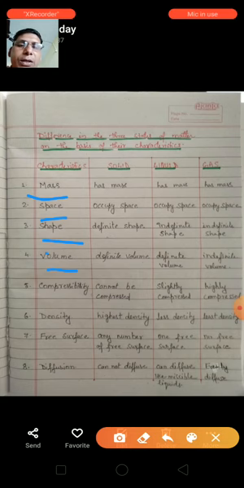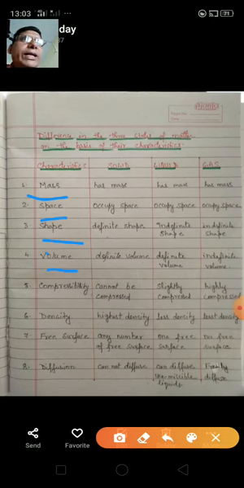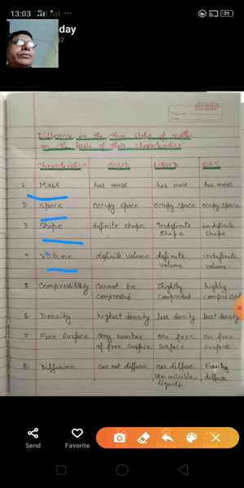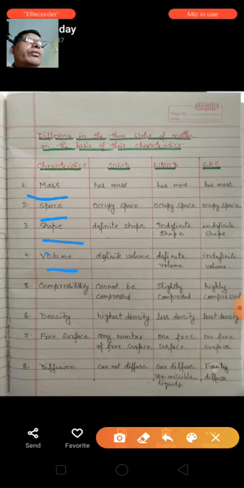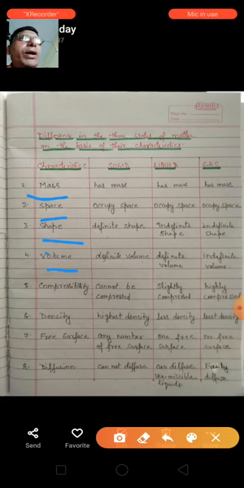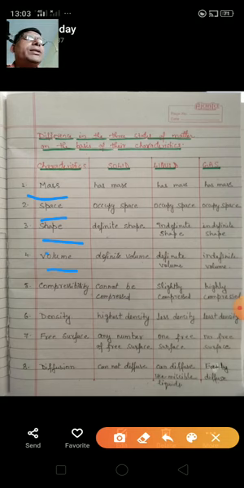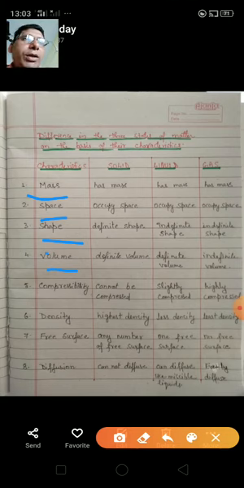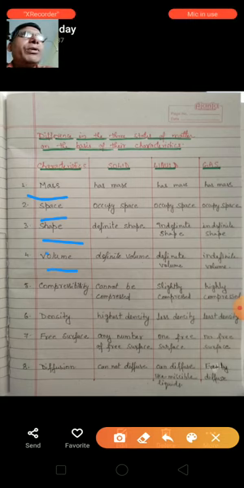Whereas liquid also has definite volume, because suppose you take an example, take 1 liter of water in a bottle and you pour that 1 liter of water into a can whose volume is 1 liter. So the volume of water will remain the same whether it is in the bottle or in the can. Only its shape will change. When the water is in the bottle, it will be in the shape of the bottle. But when water is poured into the can, it will take the shape of the can. That is why I have told you that liquid does not have definite shape, but it has definite volume.